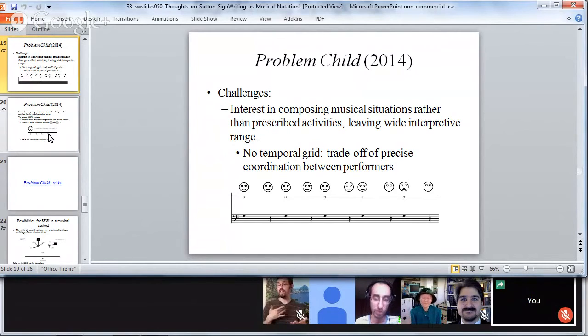So to clarify, the top line on the piece is instructions for the facial expressionist. There are two performers. The top line is the instruction for the facial expressionist, and the bottom line is instruction in revised standard notation for the bassist. So the top line has instructions for exactly what the facial expressionist should do. And we'll see in the video, two slides from now, how the performer realizes these instructions.